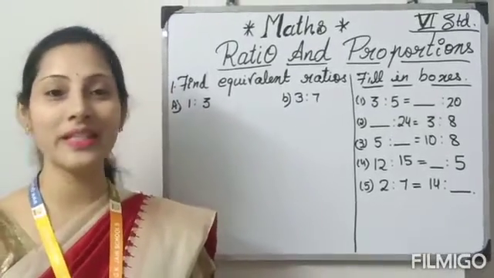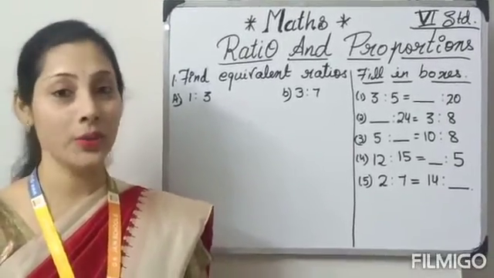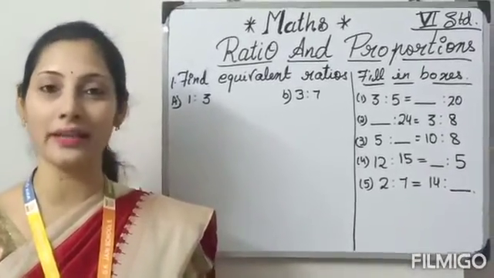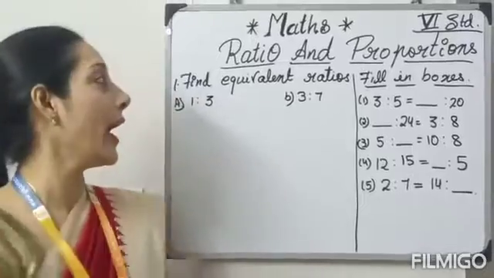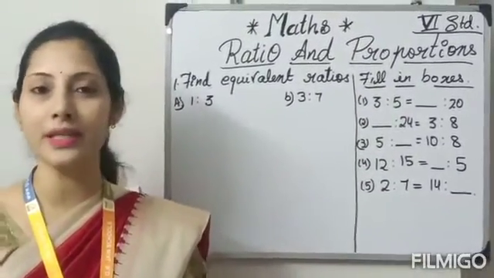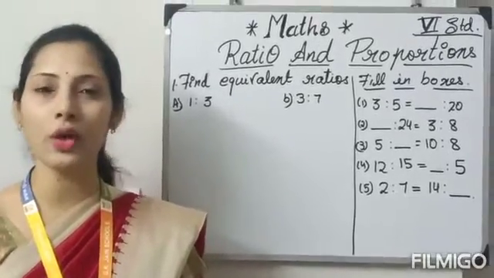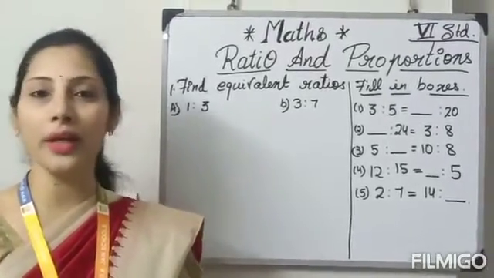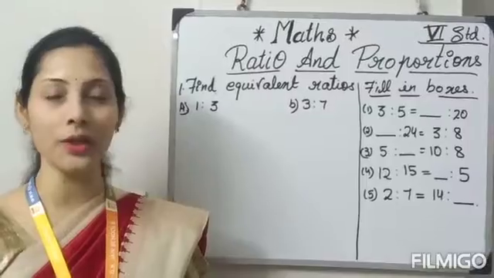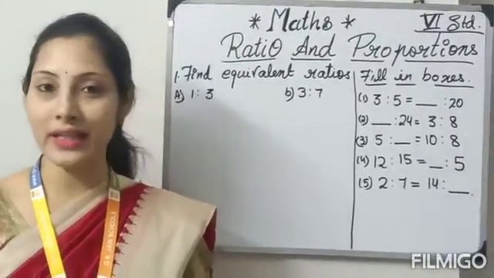Good morning students, I am Shweta Jain from GK Jain School, Roypuram. Today's session is 6th standard maths, ratio and proportions. I am going to show you very easy methods to calculate proportions that you can solve within a second. Within 1 or 2 minutes you can solve it, and you will find it very interesting to do. Okay, let's start our session.